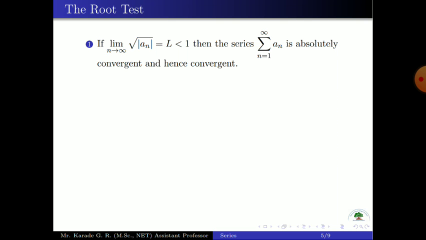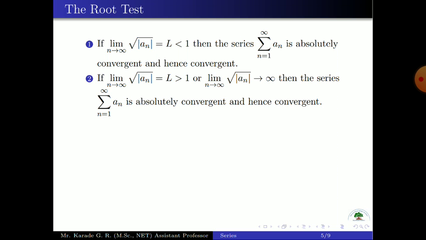If the limit n tends to infinity of the nth root of mod a_n is equal to L, and if that limit is strictly less than 1, then our conclusion is the series summation a_n is absolutely convergent and hence we say that this series is convergent. The second statement of that root test is, if the limit n tends to infinity of the nth root of mod a_n is equal to L, and if that limit L is greater than 1, or the limit tends to infinity,